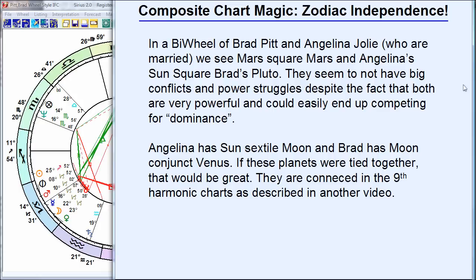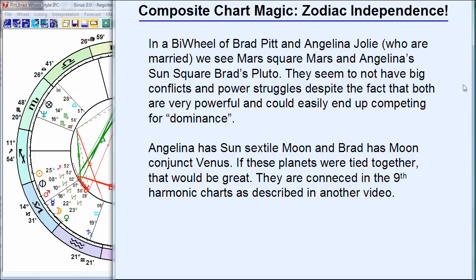First thing I want to do is contrast it with synastry aspects. Synastry aspects means aspects between the charts. Aspects between the charts are not zodiac independent. So first, I'm going to show you how synastry aspects are not zodiac independent, and then I'll show you how the composite chart is zodiac independent,